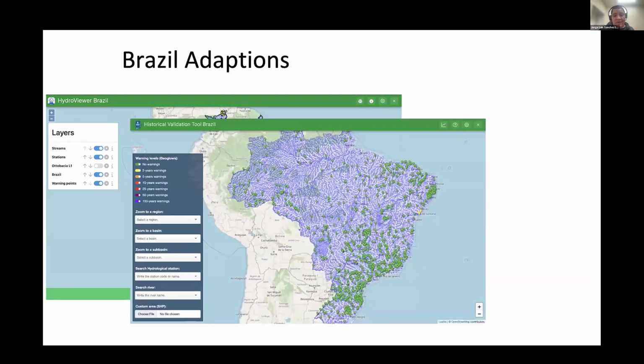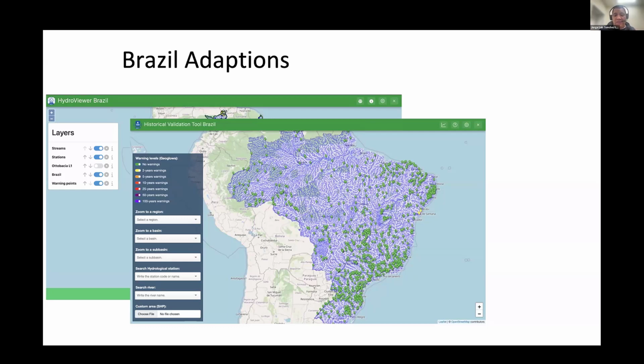In that, we also developed the historical validation tool. This application uses the bias correction method. We are only able to provide model results in the places where we have historical discharge data, and the warnings are produced only in those places. But using the corrected results of the model,